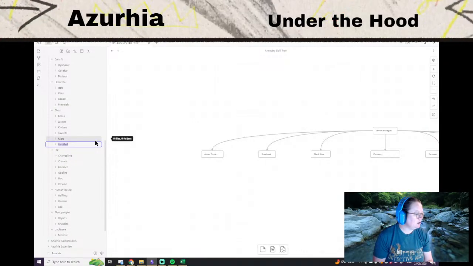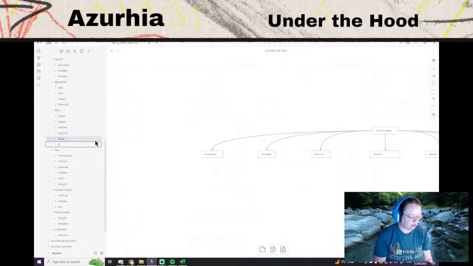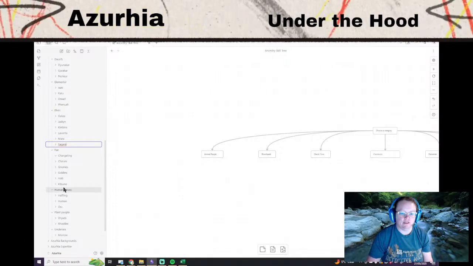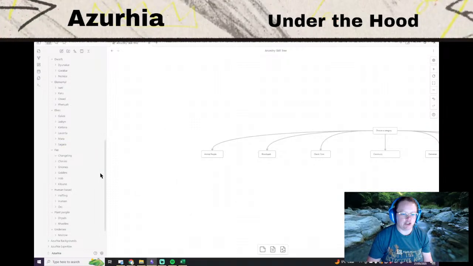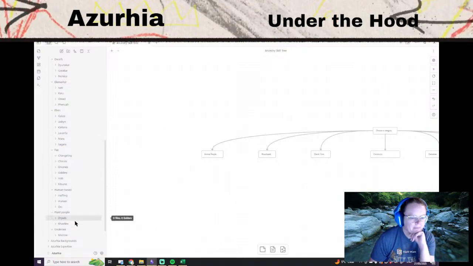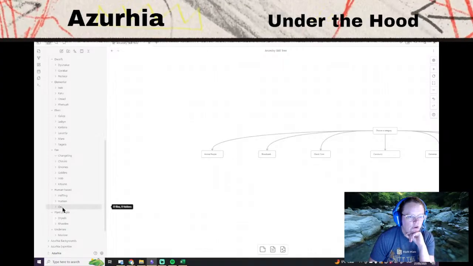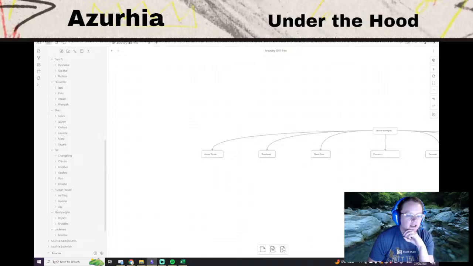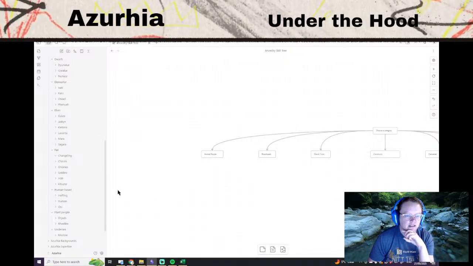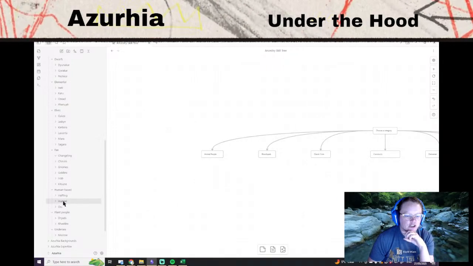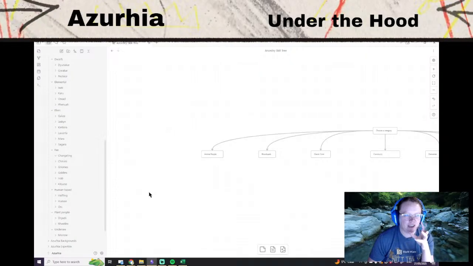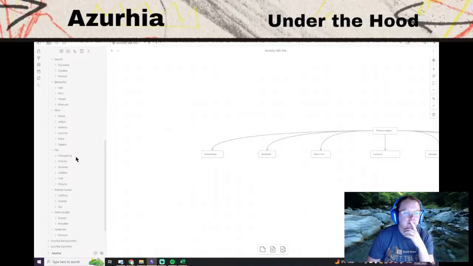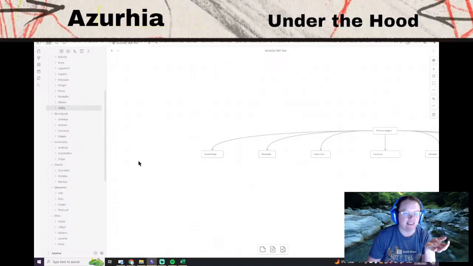Some of them are really obvious. Obviously we have lots of different kinds of elves, so we're going to group the elves. We have different kinds of dwarfs, so we're going to group the dwarfs. Fae is obvious. Is their origin fairy essentially? Orcs could fall into a giant category, but I don't think we have anything else that is a giant. Halflings and humans feel like things that are very close to each other. What I'm thinking is they're the ordinary mortals, for want of a better way to put it. But then other people in this, like the animal people